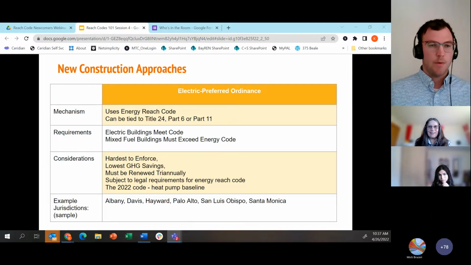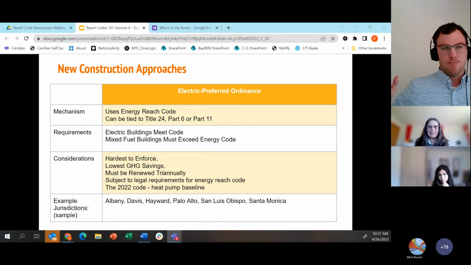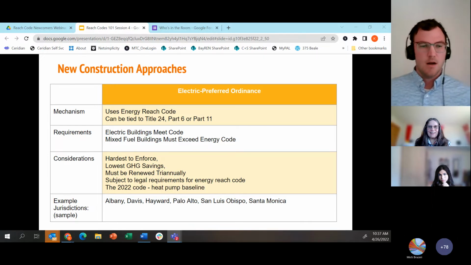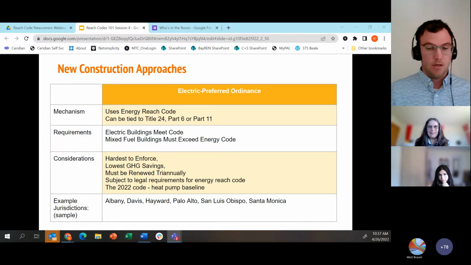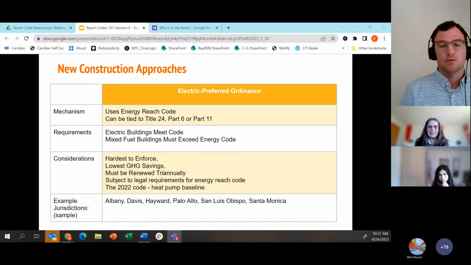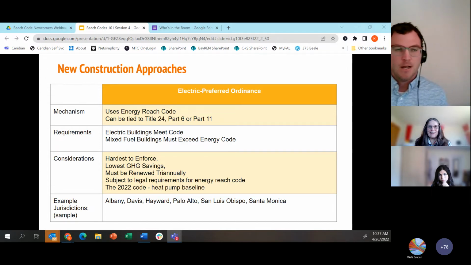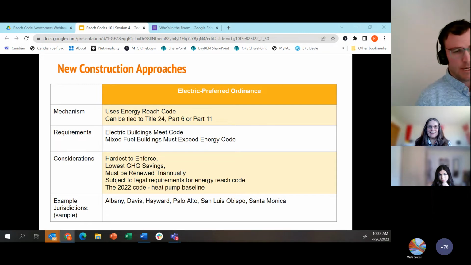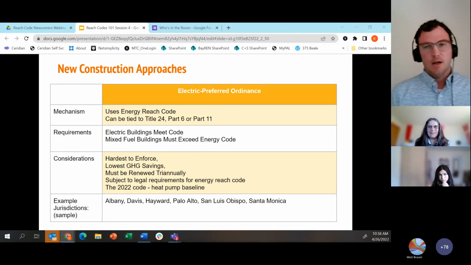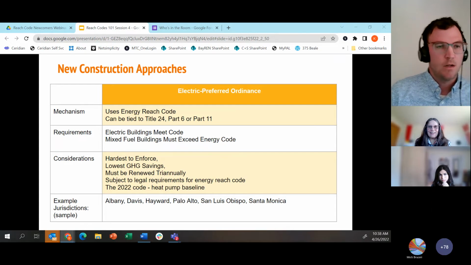It's not an all electric requirement, but the state is essentially building in a little bit of an electric preference in the base code that applies to all buildings across the state. And finally, I included some examples here. Again, just a sample of jurisdictions that have gone this approach for your reference. Next slide.